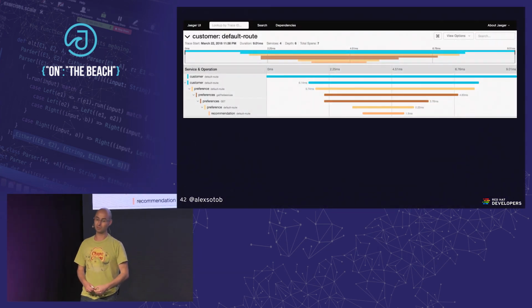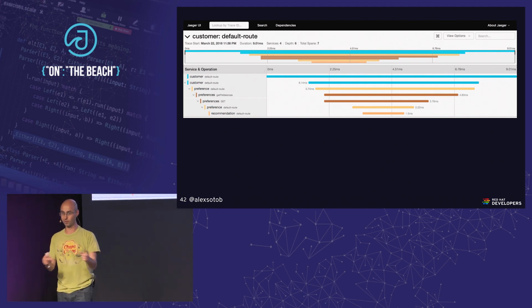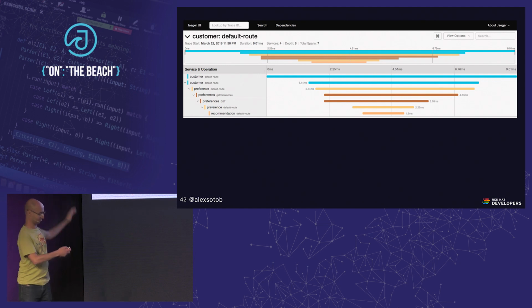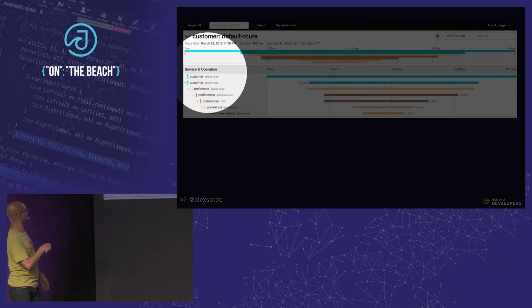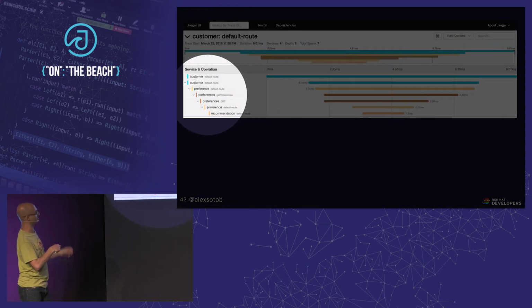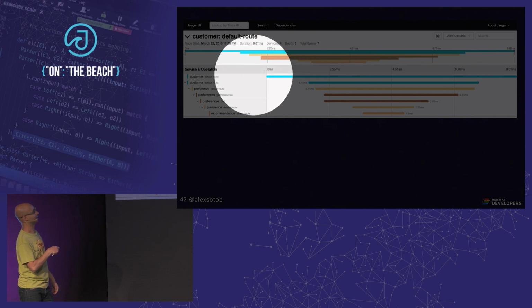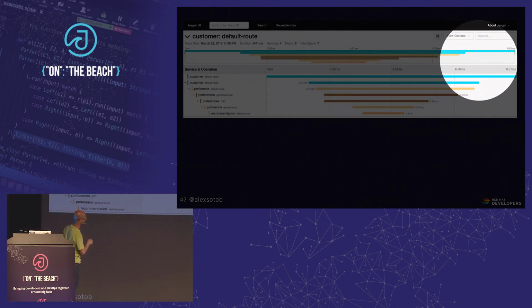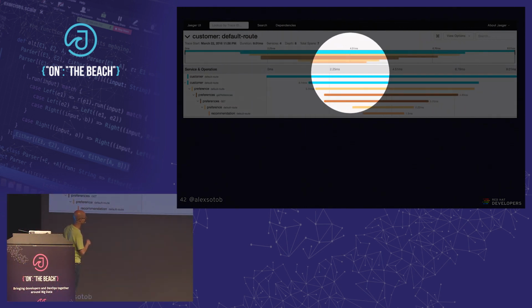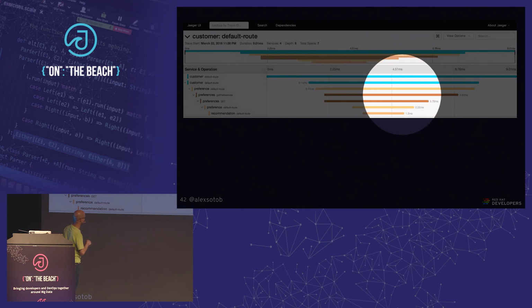Also, it comes with Jaeger. Jaeger is for tracing. As you can see here, I've got a service called customer, then preference, then recommendation. So these 3 services. And if I want to know what is happening with this request, I can see it here. I see that the request in total takes like 9 milliseconds, which spends 6 milliseconds in customer, then 4,